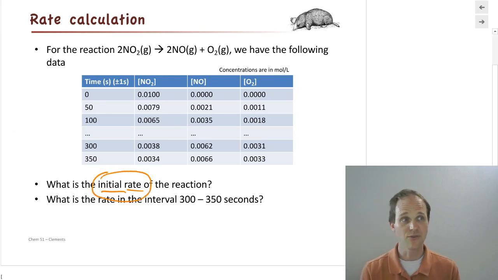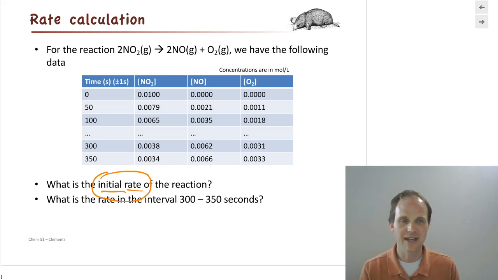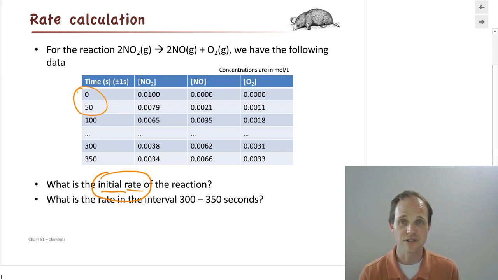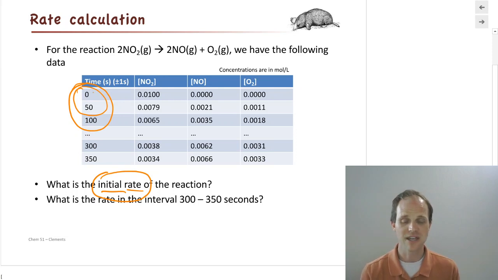It means the rate when you first start the reaction. It technically means the actual rate at 0 seconds, the moment the reaction starts. But that's impossible to calculate. We can't calculate a rate from a single point because a rate is delta. It's a change. And so what we do for initial rates is we use a reasonable time period for figuring out how the reaction is changing. If we have a fairly slow-moving reaction, we might be able to use just the first 2 times, or we might be able to use the first 3 times. It depends on how much data we have.